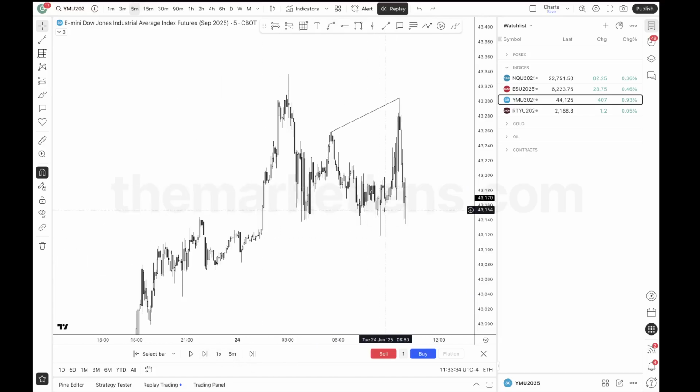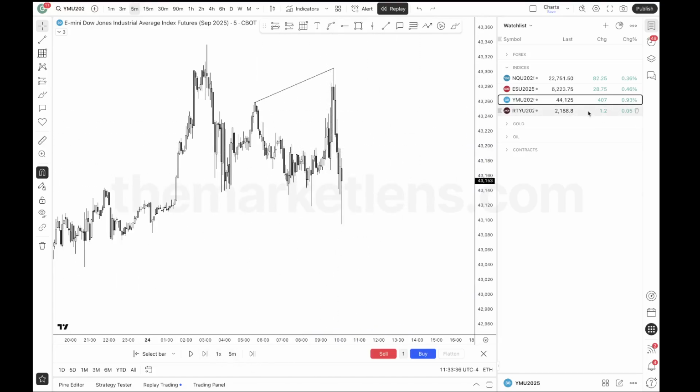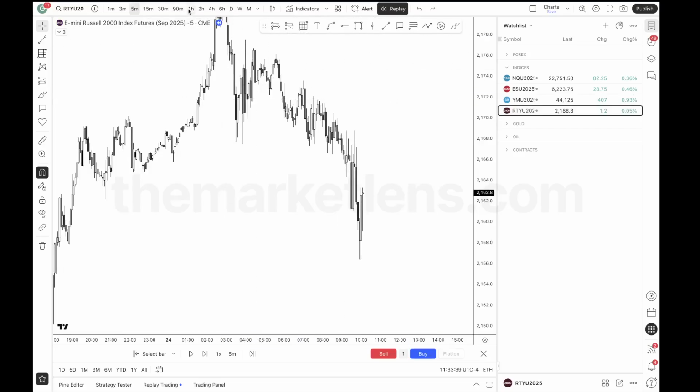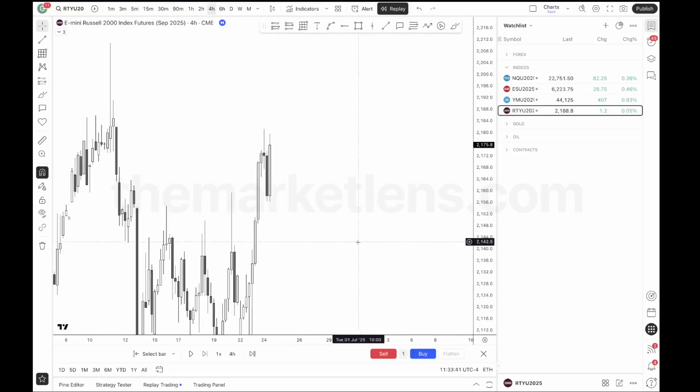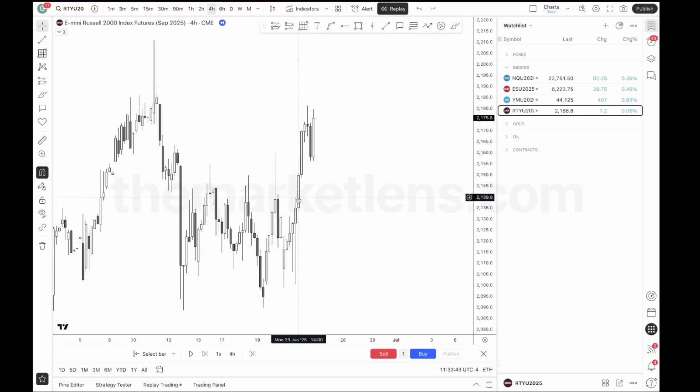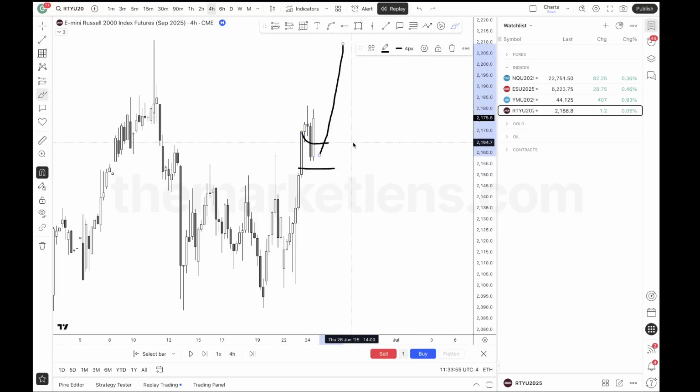But what really caught my eye here was RTY. So check this out. What do we want to see within continuation? This is where I really rely on order blocks and fair value gaps specifically, on the hourly and 4-hour, to support expansion for the higher time frame, like daily candles. These should be what supports the low of the days, the low of pullbacks and whatnot, right?